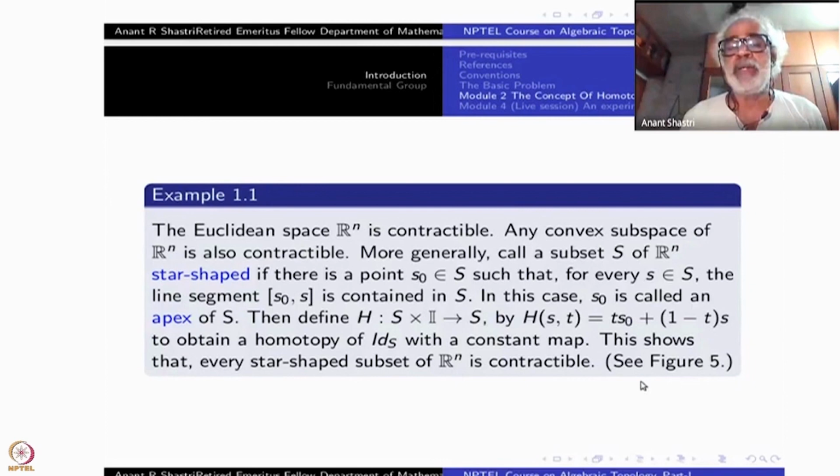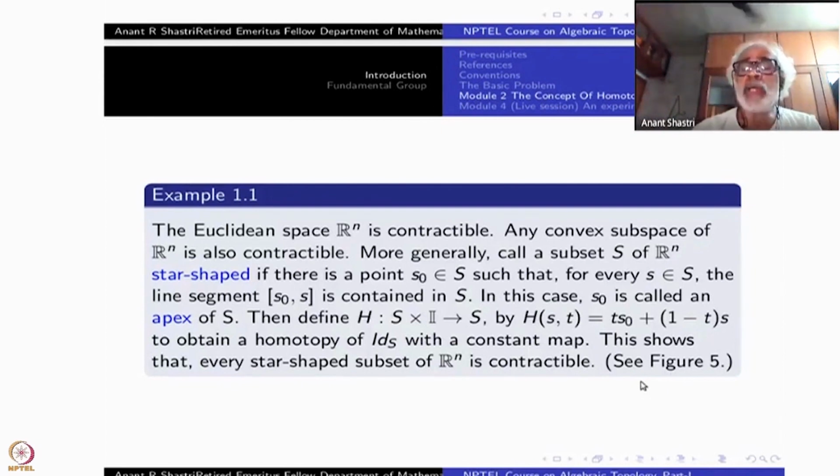More generally, inside a vector space, you can take a convex subset. What is a convex subspace? Given any 2 points x and y inside A, the line segment between x and y, where x and y are vectors, so t times x plus 1 minus t times y will give you the line segment. That line segment should be entirely inside A. Then you can take that as the homotopy. Okay, that is the whole idea. So all convex subsets are contractible.